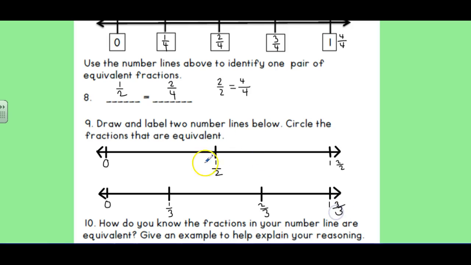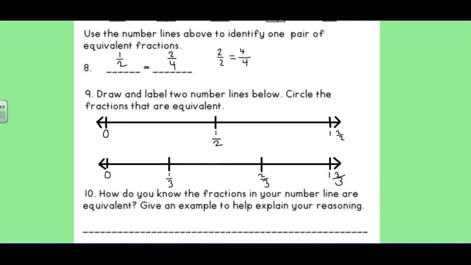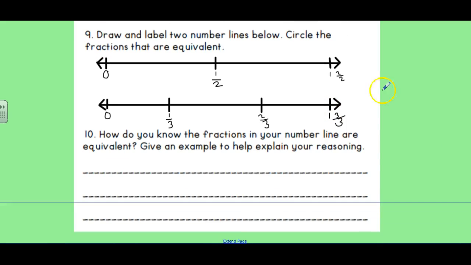So whenever we're starting here at 1 half, we go down below it, you see that there's nothing on the thirds number line that is equal to 1 half. So the only other fraction that we have is 1 whole, which is the same as 2 halves. And then when you go directly below it, you see 1 whole again. And then that is the same thing as 3 thirds. So this tells me, and I'm just going to draw a circle around it, I would like for you to do the same thing on yours, that 2 halves and 3 thirds are equivalent